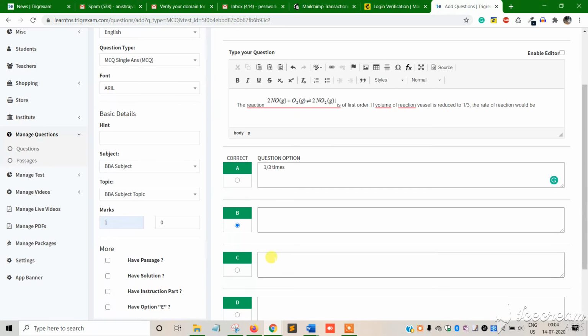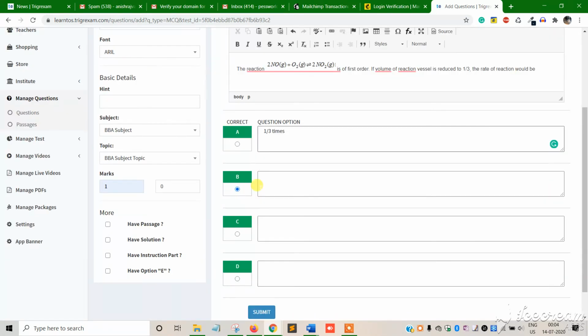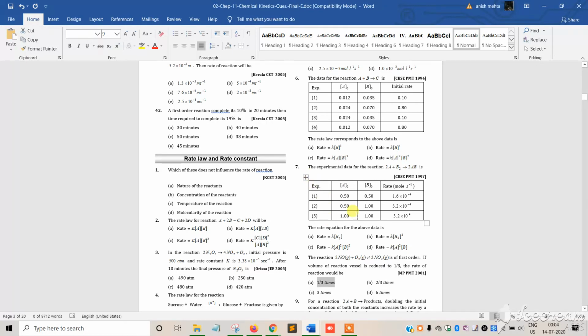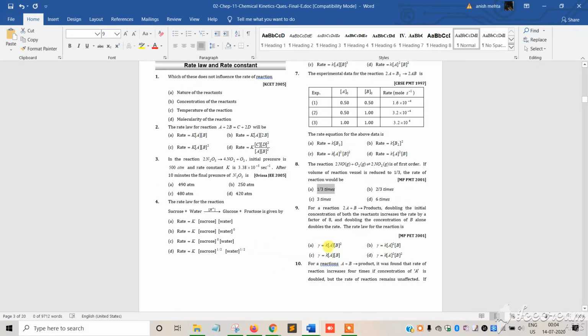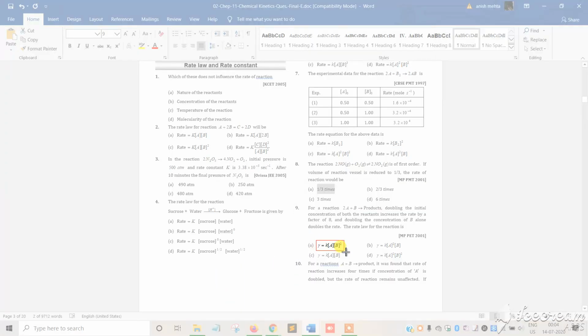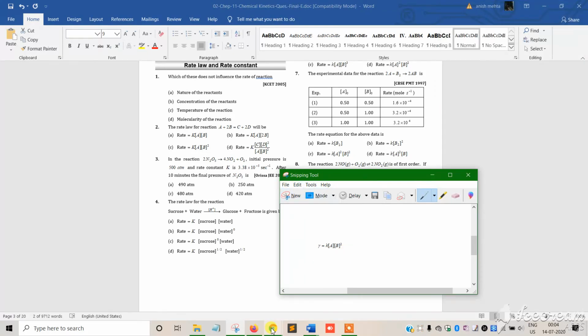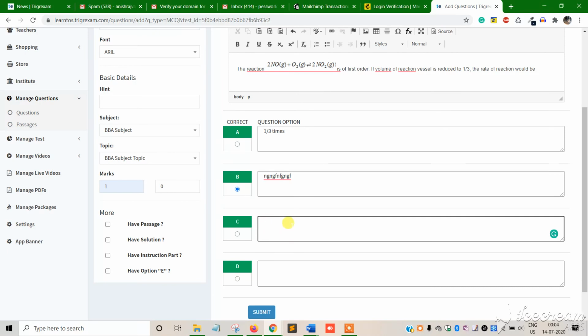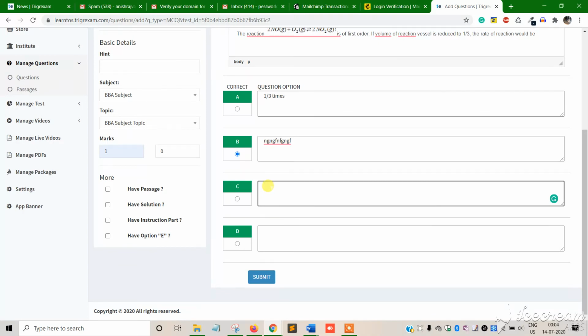If the correct answer of this particular question is B, you can select that option. You can also paste a figure. Suppose in this option there is a figure involved, or an equation is involved in this question. What we will do is pick this option, and suppose this is the C option, you can simply go with this. Let me paste it here.